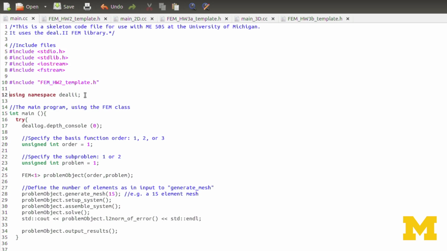The reason for doing that is because we have a lot of deal2 objects, and normally we would have to type in deal2 double colon and then the name of the data object, just like with standard vectors, where we type std::vector. If we instead wrote using namespace std, then we wouldn't have to write std:: every time we wrote vector or cout, for example. In this case, we're using namespace deal2.